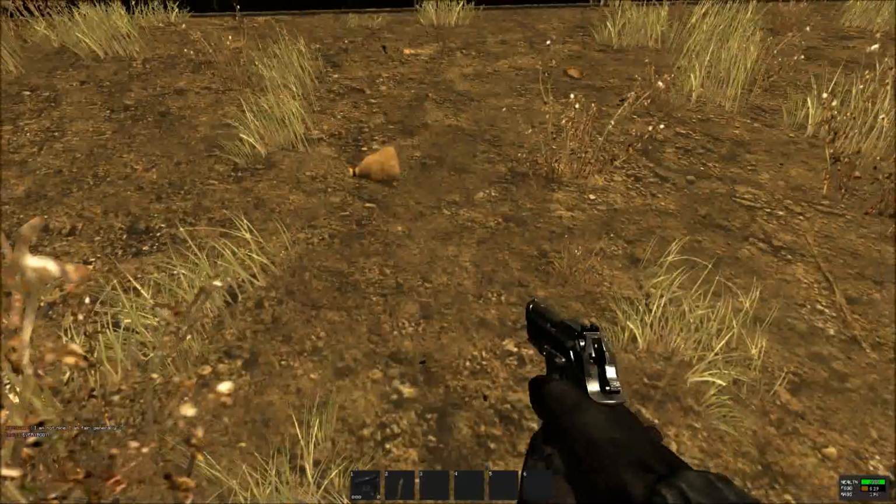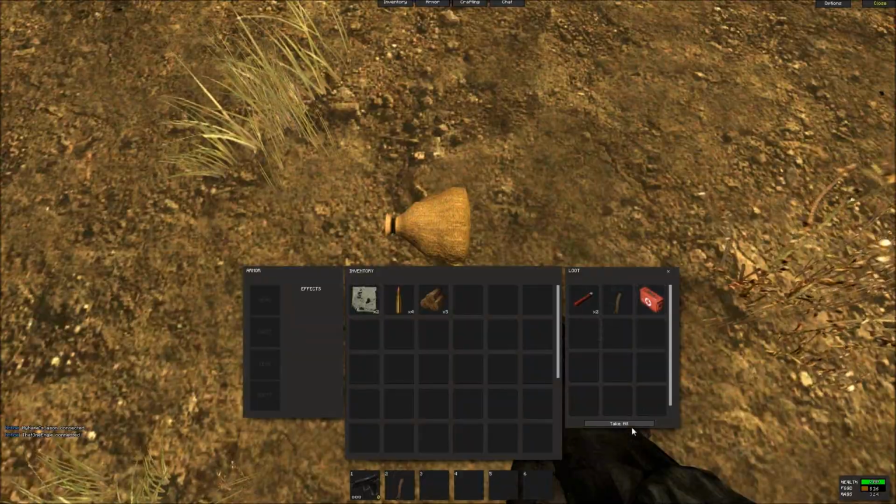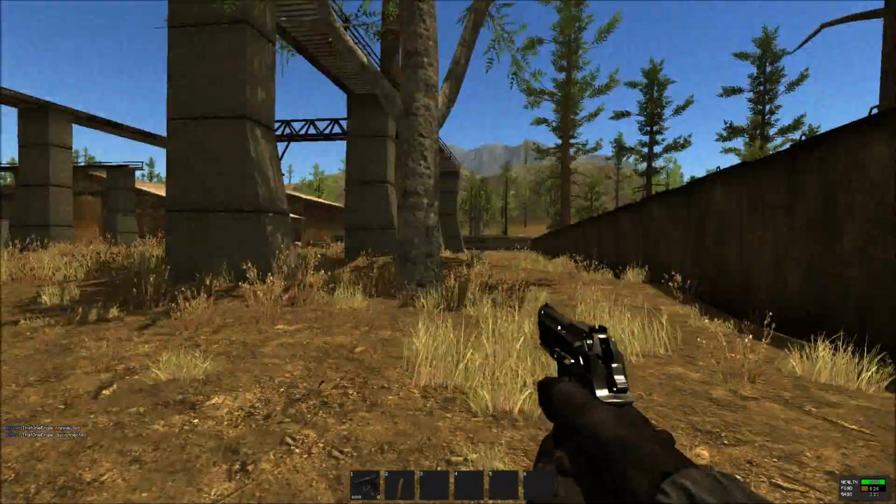Oh, is that a loot bag? There we go. It is a loot bag. What's in it? Nice! Some flares, med kit, and a hatchet. Not that I need another hatchet, but...